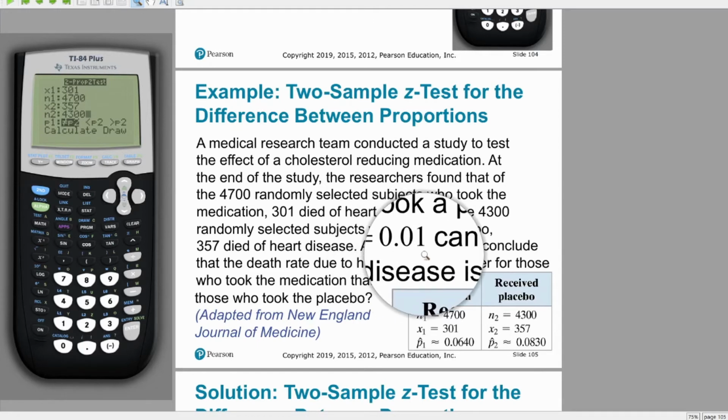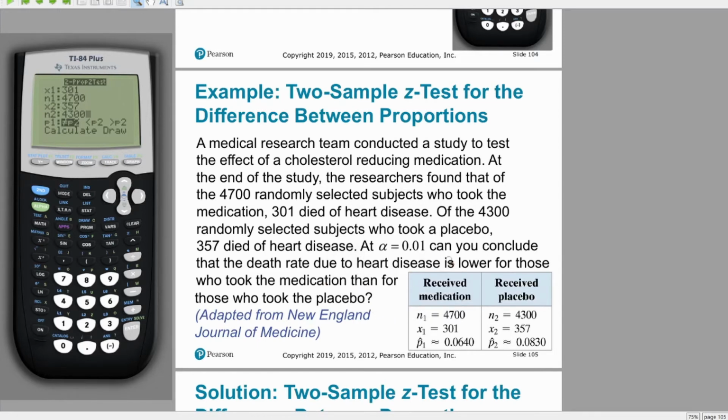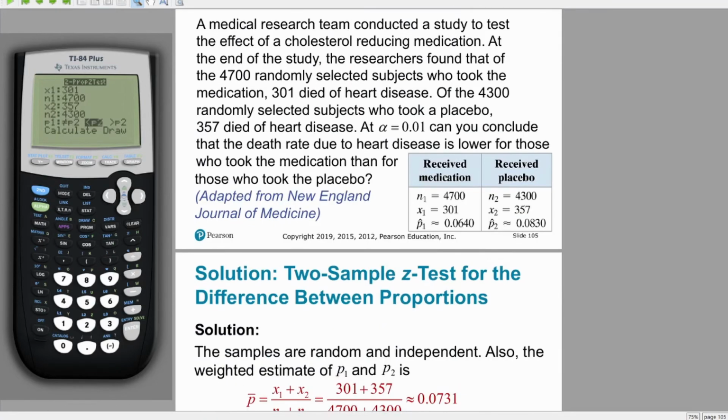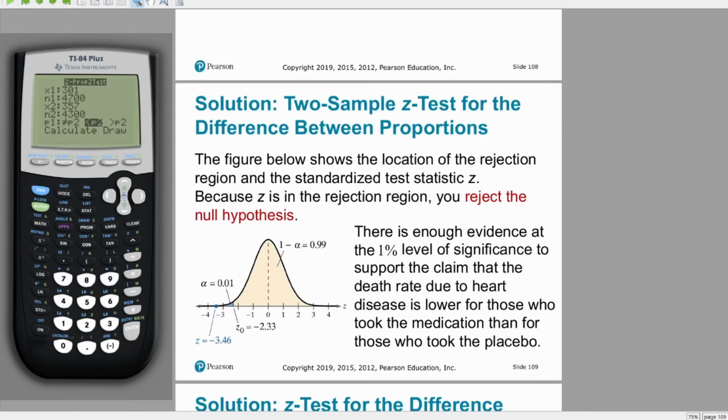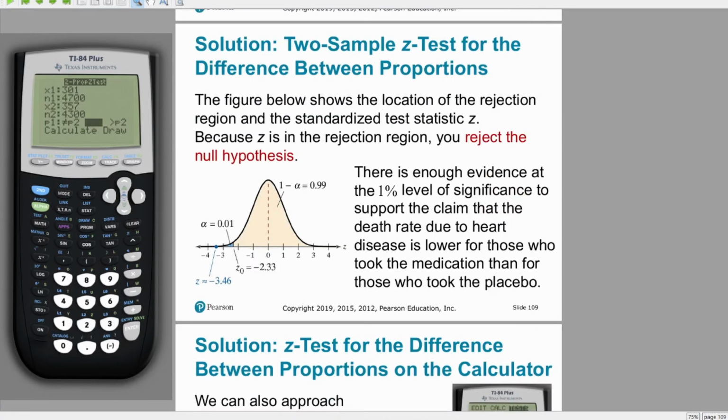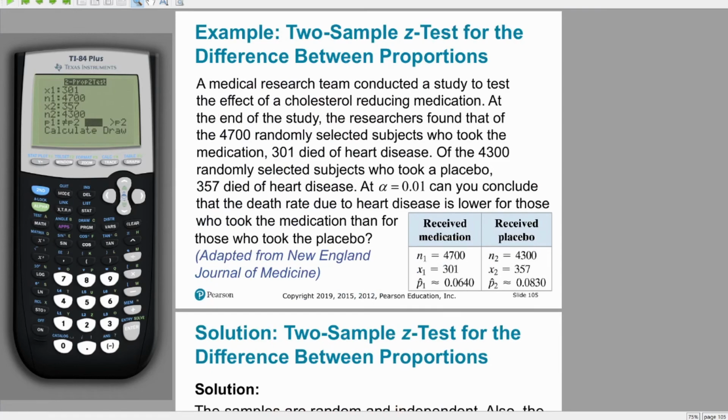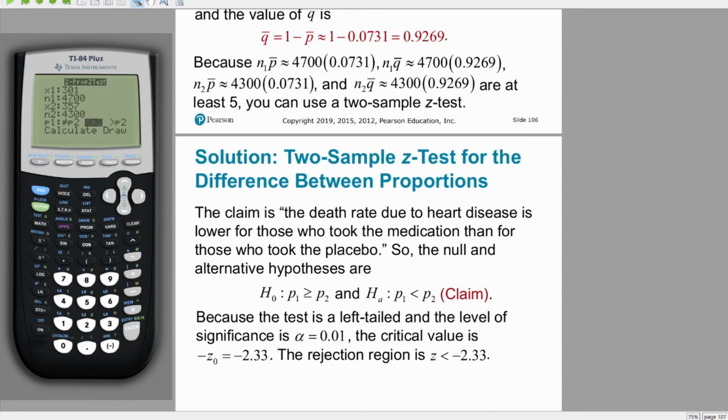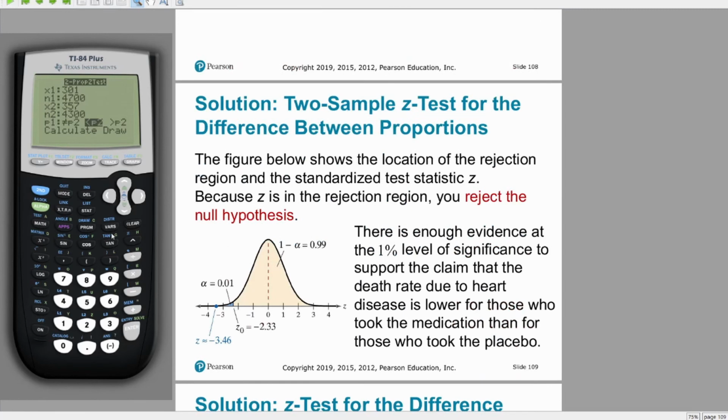where we are running this on the test with alpha equals 1% to conclude that the death rate is lower for those who took the medication than those who took the placebo. And you'd hope that that's lower if this drug has any effectiveness. But we should be careful here again to understand that the choice to make this test left-tailed is just a little bit arbitrary here, based on the fact that I made x1 and n1 associated to the trial rather than the placebo, as it were. But anyway, we're going to have that, and we run it, and we'll get here a